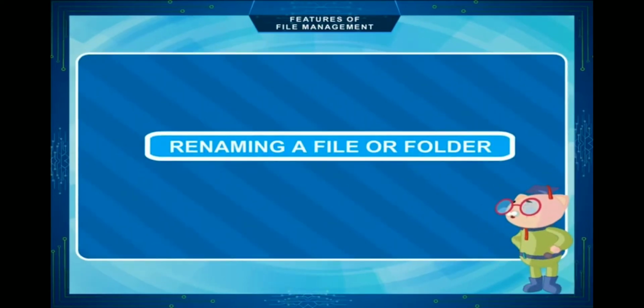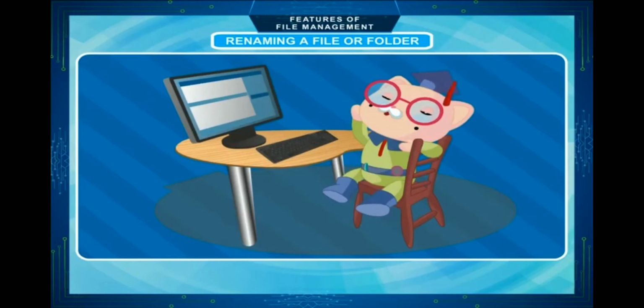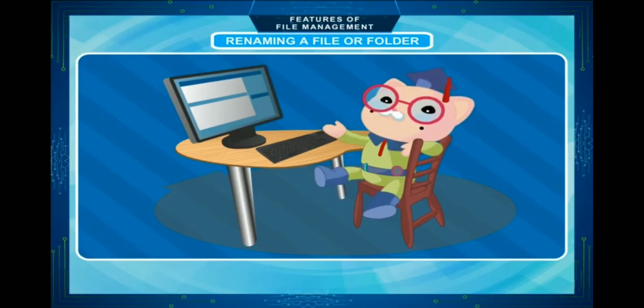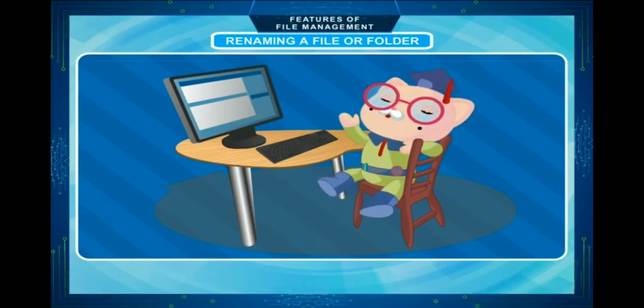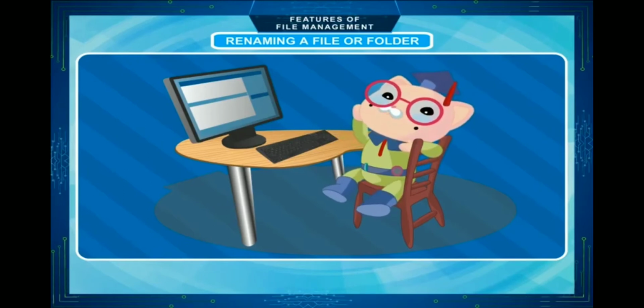Renaming a file or folder. You can change name of a file or folder. It is specially needed when you want to keep a duplicate file in the same folder, because with the same name, a file or folder cannot be kept in a drive or folder. To rename the file or folder, the steps are: